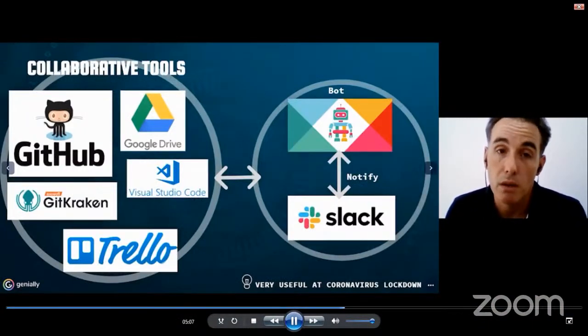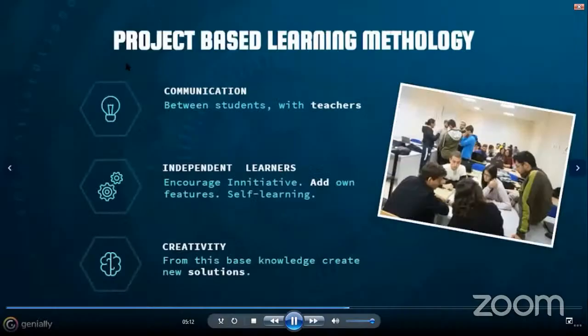So because we continue using this way, it's very helpful. With this project, we work in project-based learning methodology, so the communication between students and teacher was very, very fluent. We encourage students to